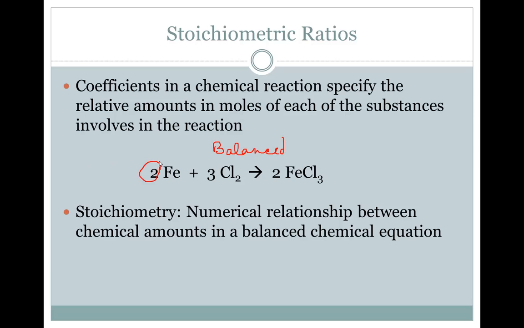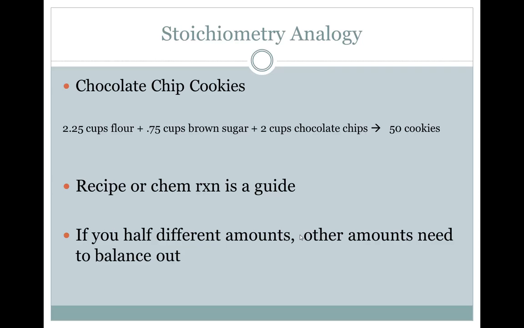These numbers in front are the stoichiometric ratios. It's a numerical relationship between the chemical amounts in a balanced chemical equation. Think of it as a recipe for chocolate chip cookies. You need 2 1/4 cups of flour, 3/4 cup of brown sugar, 2 cups of chocolate chips, and so on